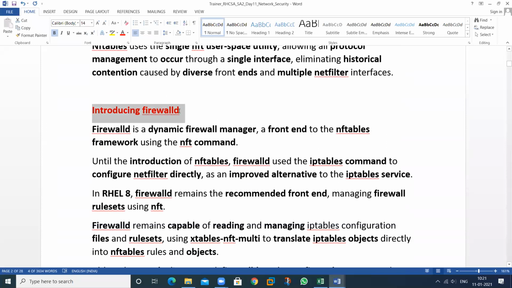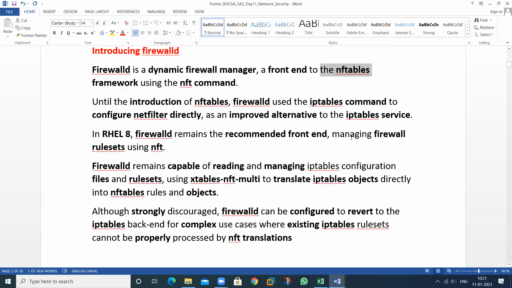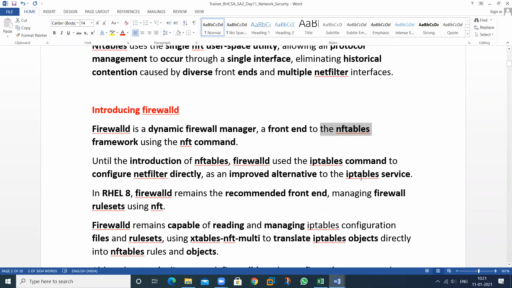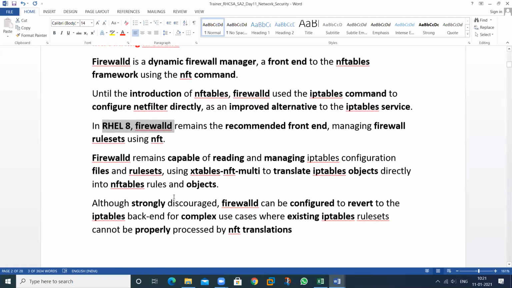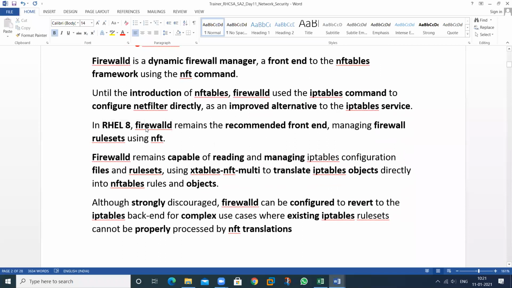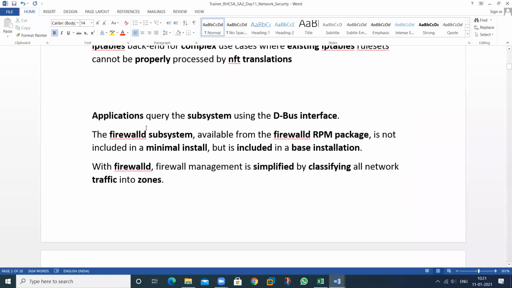So this is firewalld. Firewalld is a dynamic firewall manager. All types of traffic we can manage by using this manager. And in this we discuss nftables also. But in the earlier OS, we could discuss iptables. So that is iptables. In RHEL 8, firewalld is the latest concept. So in this firewalld, we can apply the rules for incoming and outgoing traffic by using particular commands.